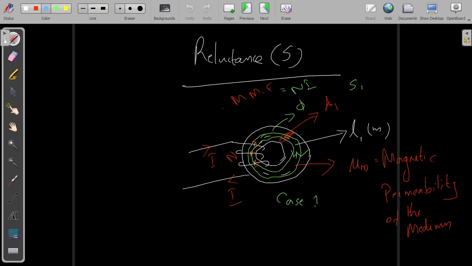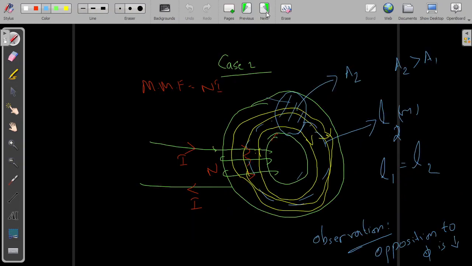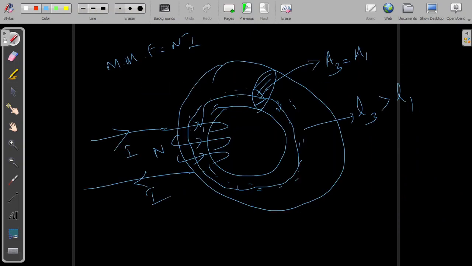In the previous case the flux lines were traveling only L1 meter length, but in this case the flux lines are traveling for a much greater length, that is L3. L3 is greater than L1, but the cross sectional area is, let us assume, the same. Then the opposition to the flow of flux is increased, because the chance to oppose the flux got increased